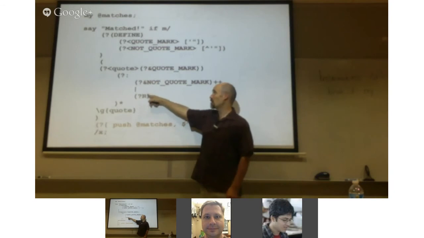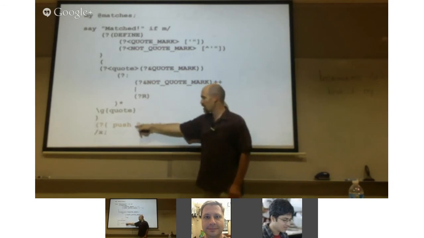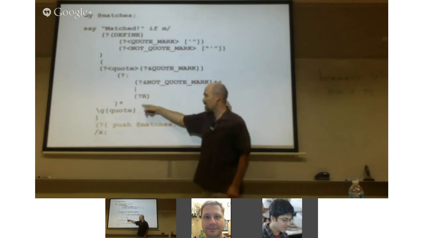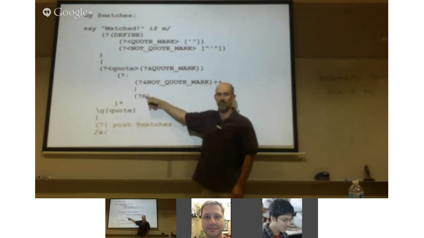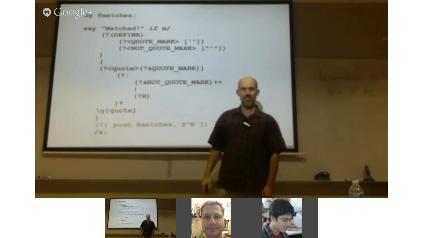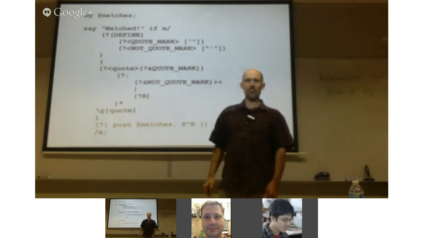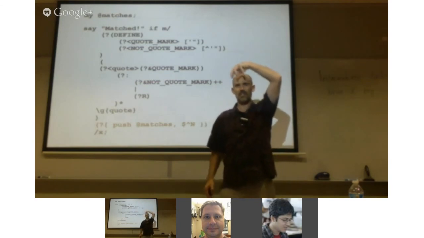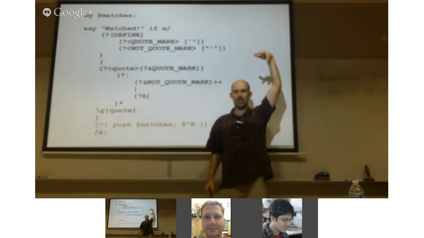And the very bottom one will finish first because it can't do this anymore, and so it'll get here, and it will come back out and finish this bit and finish the next bit for the next level, and then come out and do this, and then come back and finish this one for the last level, and then match that last quote, and then push on again. Does that make sense? It's basically a depth first sort of thing. You're going to do all the stuff for the very deepest one first before you see the output for the ones above it.